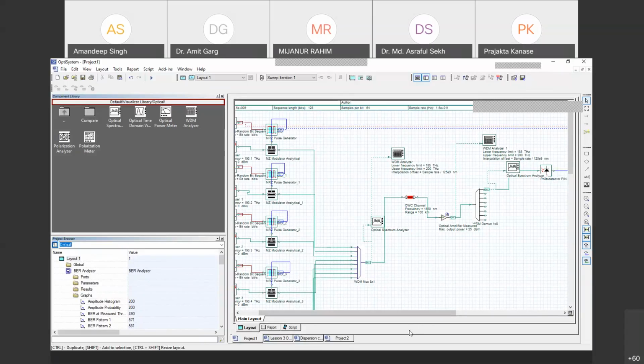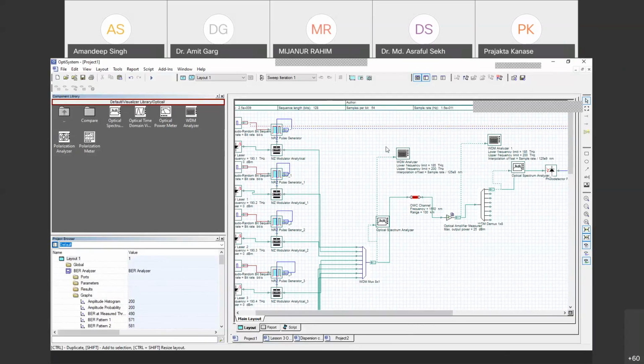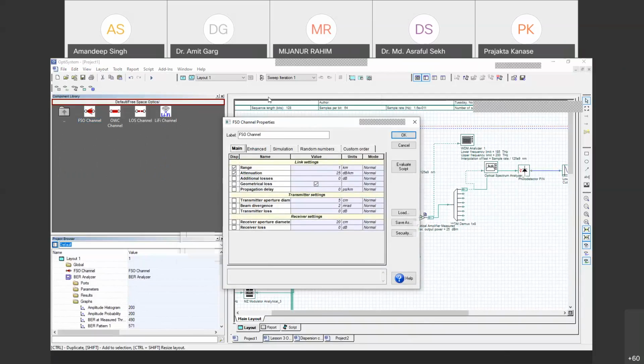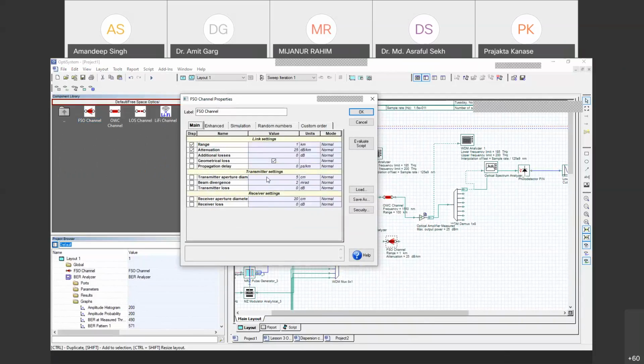So how to show it with this simulation with this OptiSystem? Within a single question, you ask me to explain everything, because this is basically research. As I explained earlier, for this FSO channel, or in other words, as you were saying, for indoor communication, in this part you need to go through some research papers, or Google it, or write it to us,